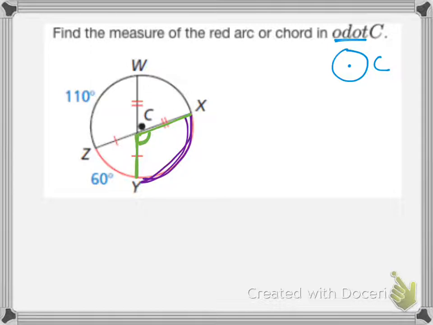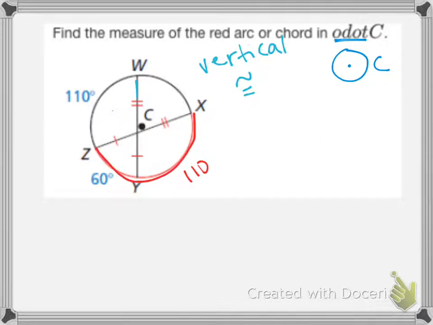And if we were in class, I'm sure you guys would knock this out of the park. What relationship do these two angles have? They are vertical, which means that they are congruent. So if this arc is 110, this angle is 110, which means this angle is 110, which means this arc is 110. So that doesn't necessarily answer the question. I want to know the red arc completely, so I would have to add the 110 and the 60,